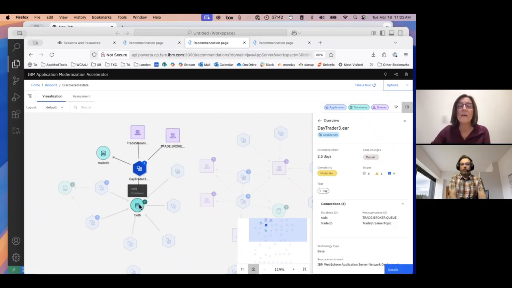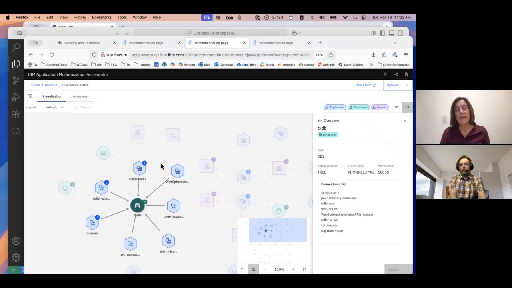And when our application's not working in isolation, we can see the other applications that are using those same resources. And that allows us to understand across the enterprise, and you can see in this particular picture, I have a